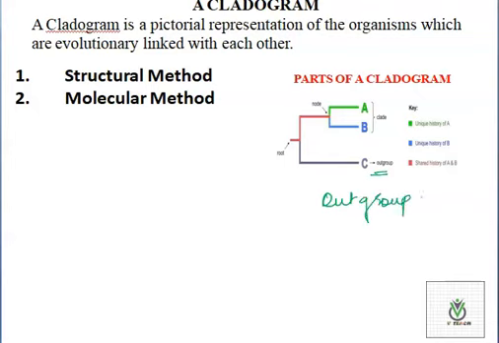The common point is known as the root, whereas the next branches are known as the nodes. And the line on which every organism lies is known as a clade. And they are built on the basis of the keys which are obtained by classifying these organisms. Now, this cladogram can be constructed by observing the structures of the organisms, or it can be done by genome sequencing,